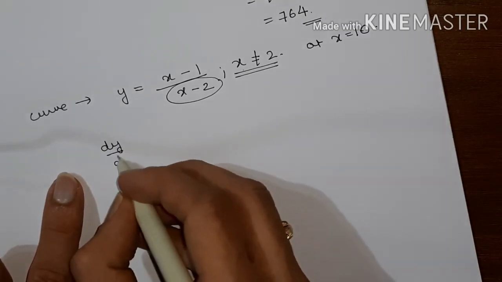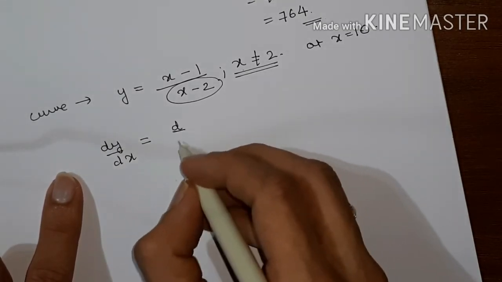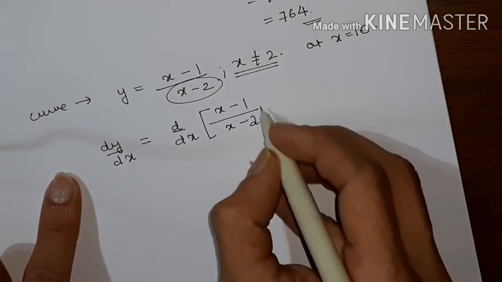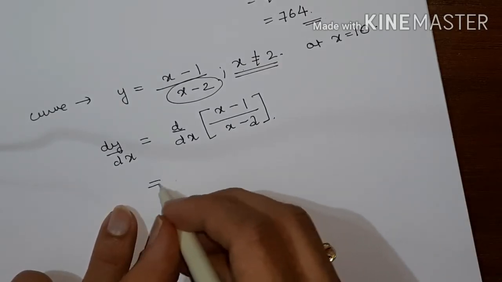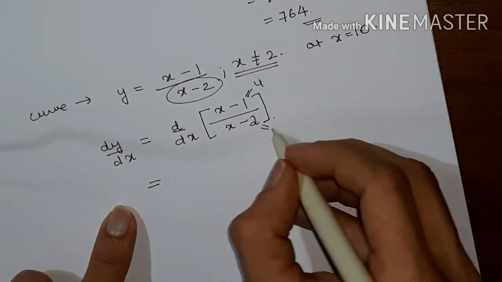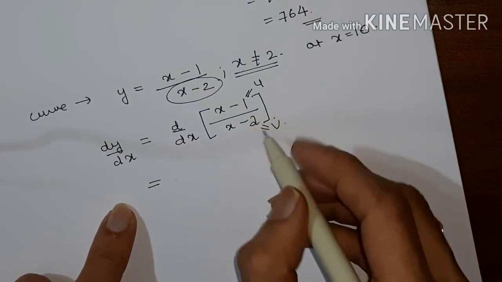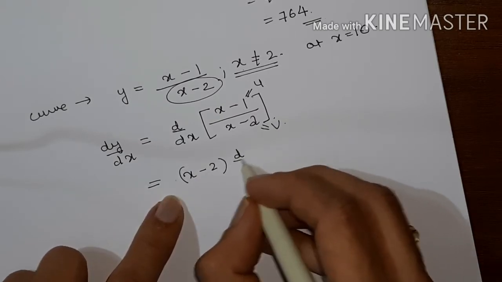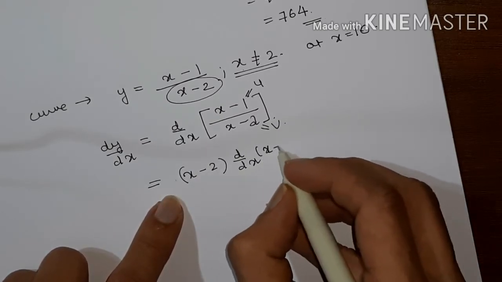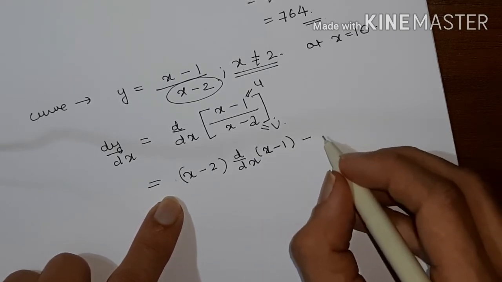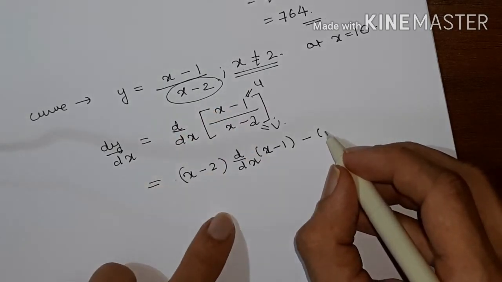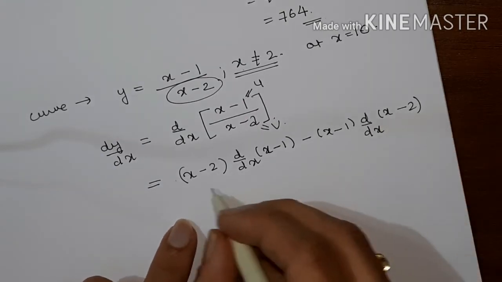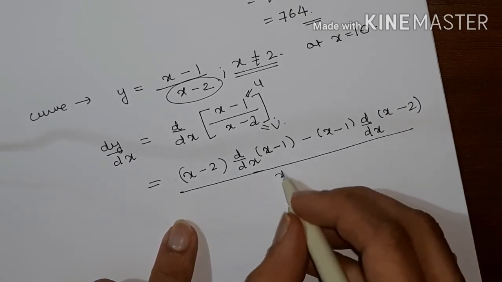So that is dy by dx, which is d by dx of (x minus 1) divided by (x minus 2). Here we can use the u by v rule. This is u, this is v. So what you'll get is v, that is x minus 2, into the derivative of u, that is x minus 1, minus u into the derivative of v, that is x minus 2,